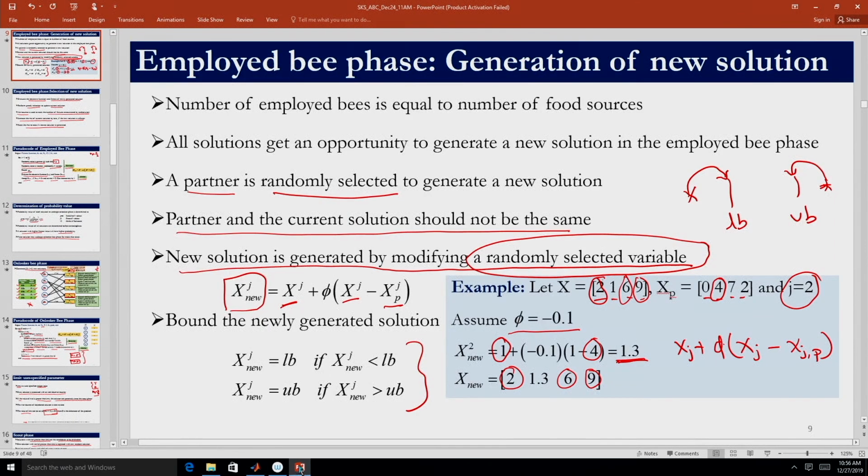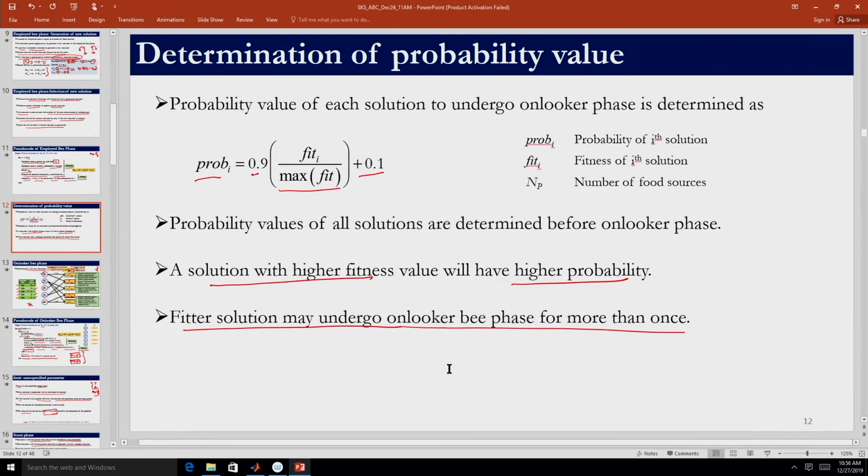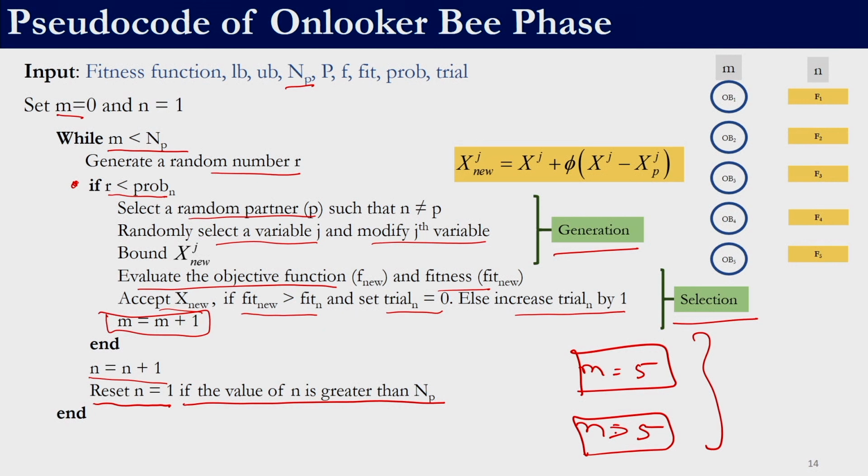Before implementing the onlooker B phase, let us quickly have a look at it. This is the onlooker B phase pseudocode which we had. In the onlooker B phase, you need to remember that we need to ensure that at least 5 food sources are generated. They may be good or bad, but 5 have to be generated. Initially, since we have not generated anything, we set m is equal to 0, and we will be starting with the first food source. So, we assign n is equal to 1. We will be doing this np times, till m becomes equal to np. If m is less than np, we are supposed to keep repeating this.